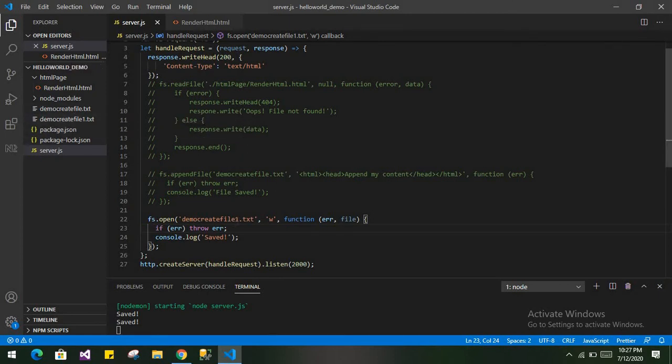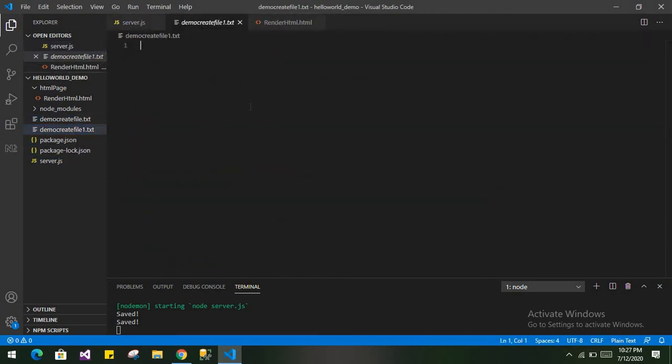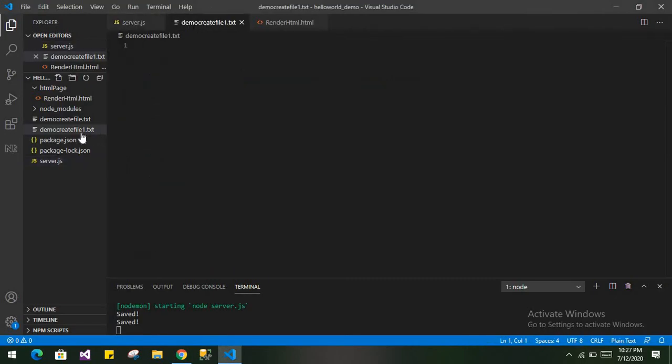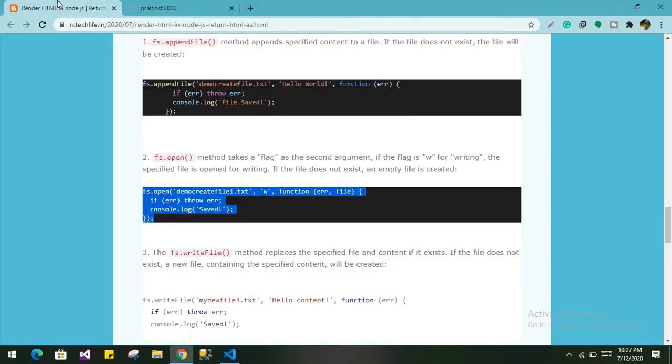So here we just change the name, so it is automatically created and it is free to write. Just save it, so content will be written in that file. When you run and refresh it, you will simply get that content in the file. So this is very easy, you just open the file to write anything.